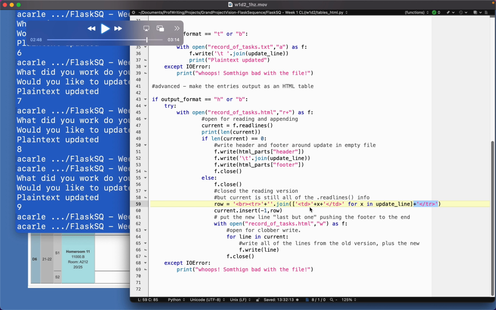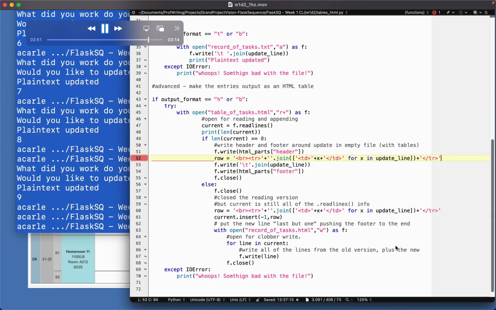And so here I am. Whatever my X is in update line, I'm going to put a table cell open and close around that one. And then I'm going to join all those things together out of that list, and I'm going to stick them together into a line break in front of a row, closed by a row. I think the line break is actually superfluous, but